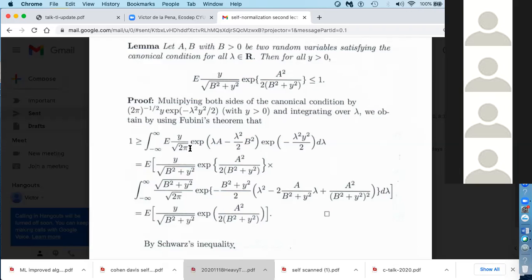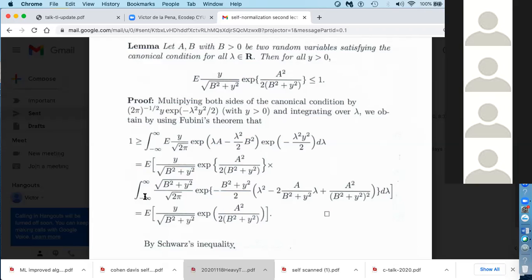And we have the expectation outside. Now, when we integrate this with respect to lambda by completing the squares on this term, we can get the following. We have expected y over the square root of b squared plus y squared e to the a squared over 2b squared plus y squared times. This term doesn't depend on lambda. So this will be times the,